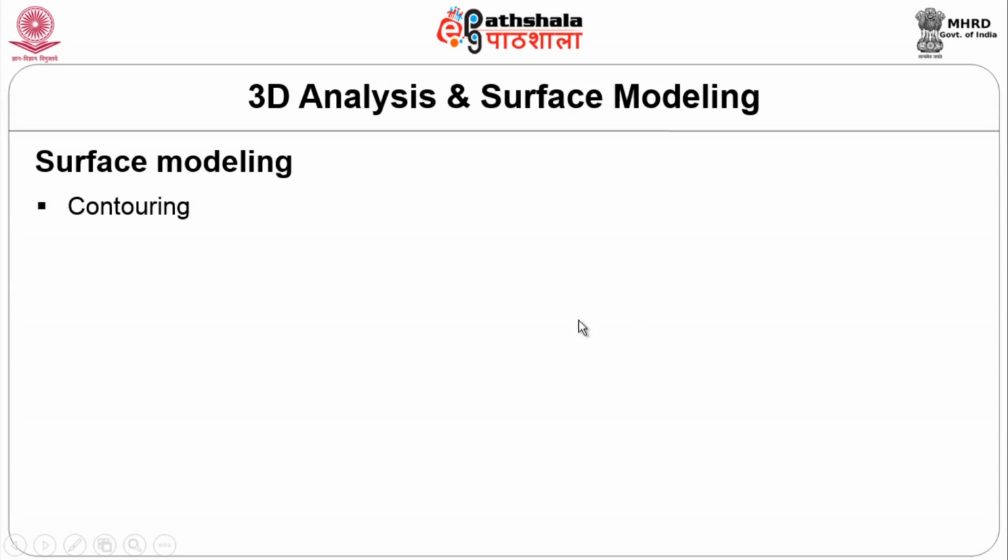Surface modeling, a kind of contouring, which I have been telling you. Profiling: take point A, point B, and profile the data. Simple contouring is a regular one; profiling is to know what exactly is there. Hill shading makes it visually very pleasant to the viewers, a color shading of the hill map. Or you can know the steepest descent from point A to point B in any given area, which part of the area is steepest in nature.